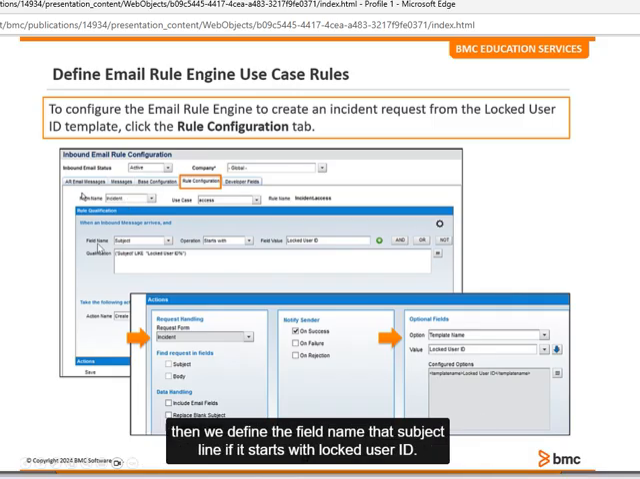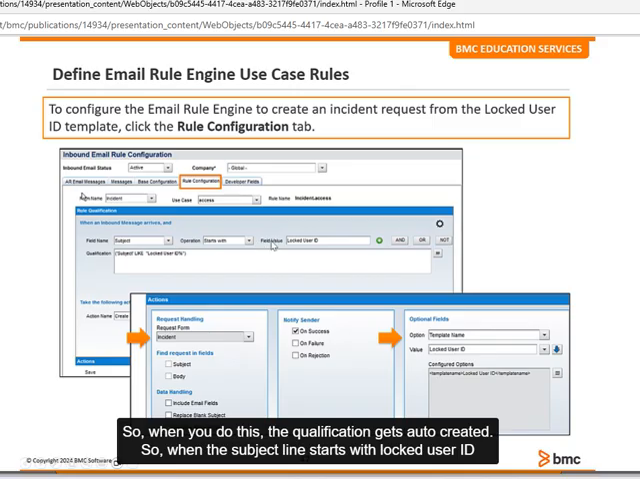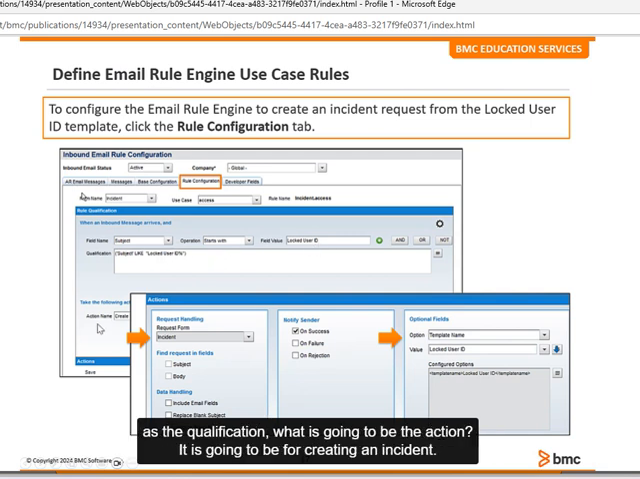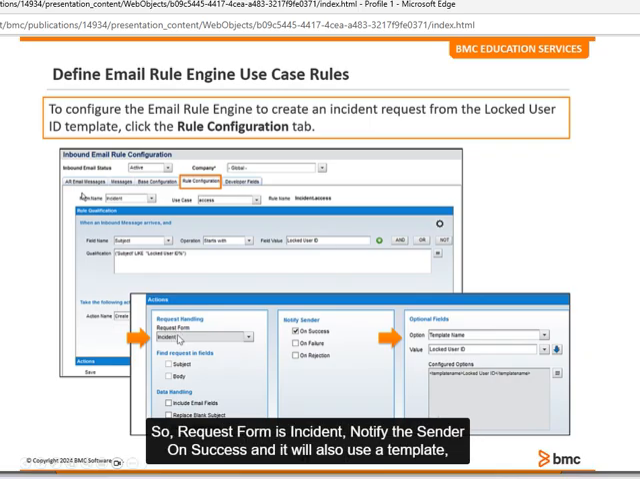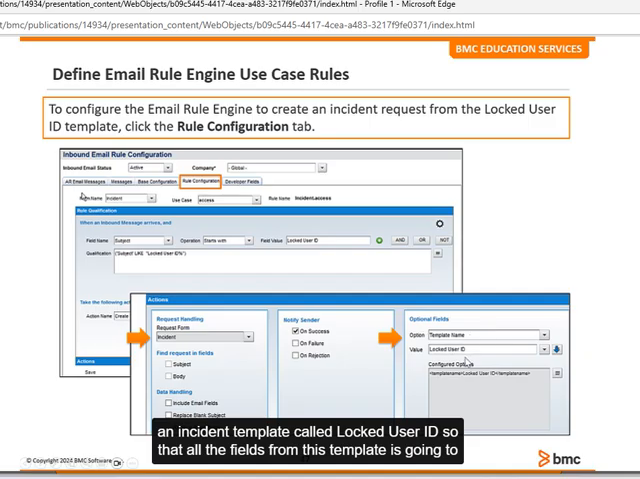Then we define the field name, the subject line, if it starts with locked user ID. When you do this, the qualification gets auto-created. So when the subject line starts with locked user ID as the qualification, what is going to be the action? It is going to be for creating an incident. So request form is incident, notify the sender on success, and it will also use an incident template called locked user ID,